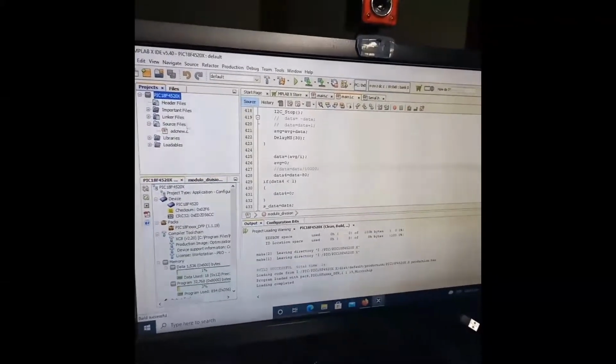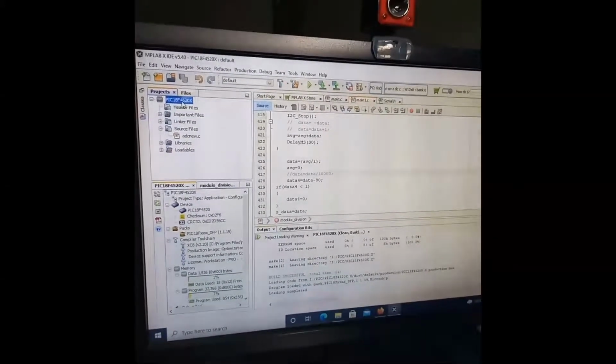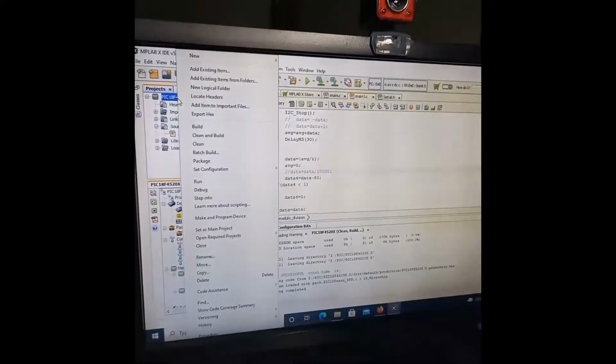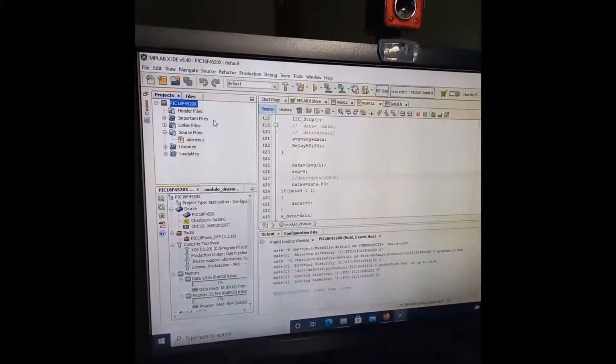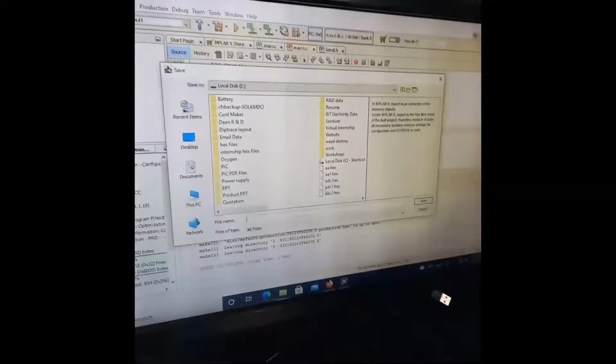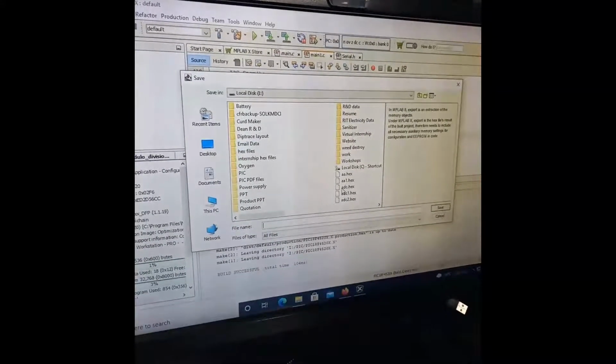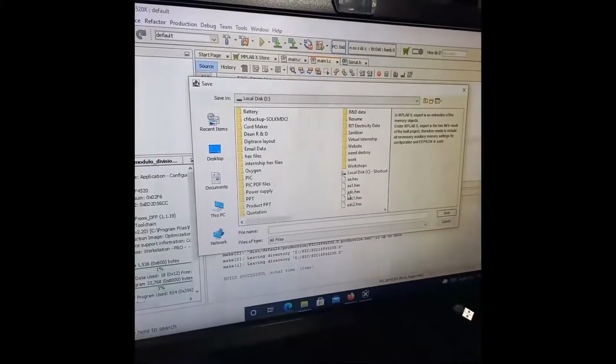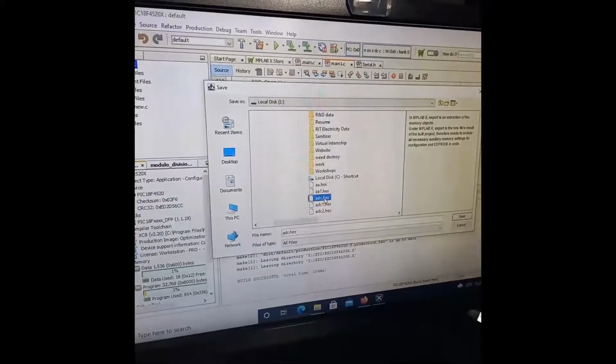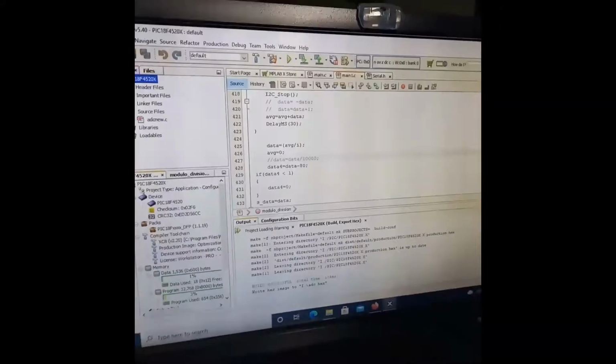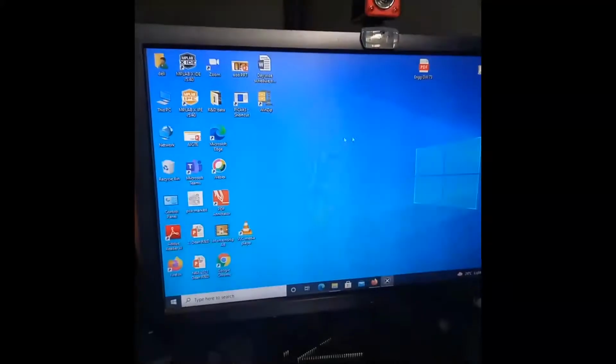After successfully building the project, right click on the project name and generate hex file, export hex. I am saving this file with name ADC. Hex file is saved.